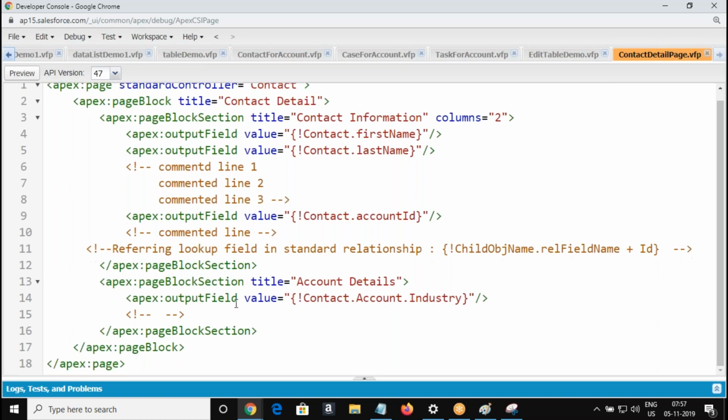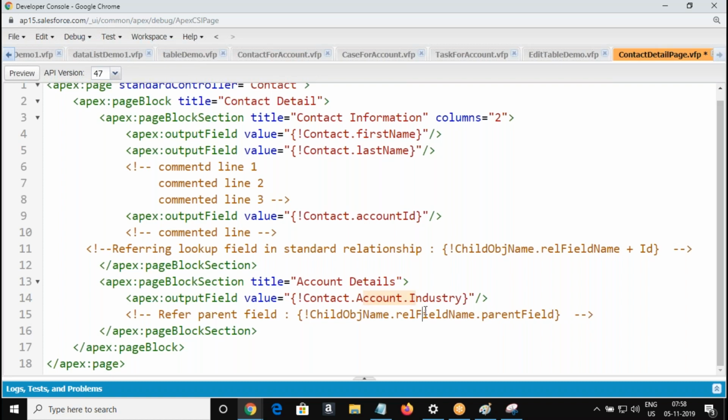So how to refer to a parent field? What is the naming convention? The child object name, which is account here, contact here, dot relationship field name, dot parent object field name, the parent field.